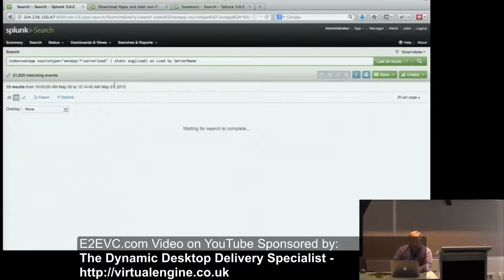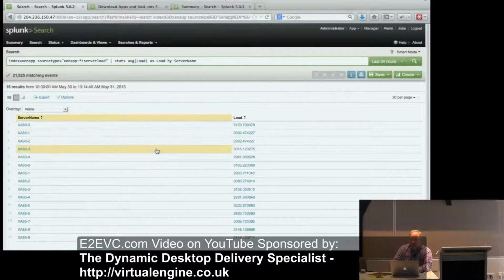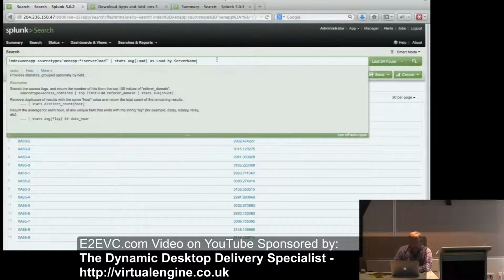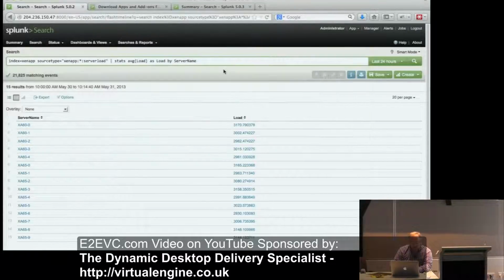So that's our server load. Now, I want to make a chart. What kind of chart would this be good for? I don't know, let's just look. Which ones look good? Gauge obviously doesn't look all that useful. We can do line chart. And these are the server names. Nope, that's not very good. Do area.